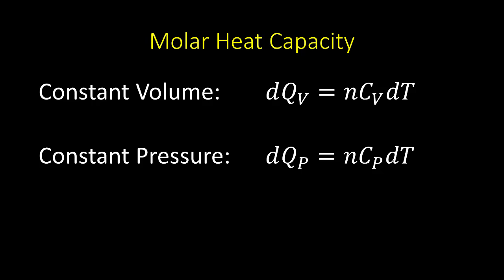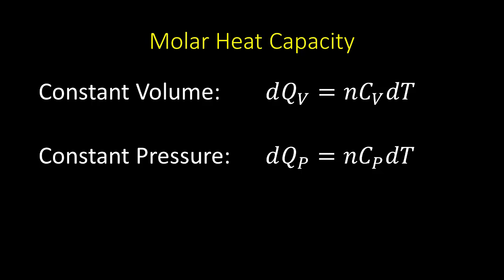Heat capacities of an ideal gas. Recall that there are 2 molar heat capacities for an ideal gas. We will just call it the heat capacity. CV is the heat capacity at constant volume, so dQV equals nCV dT is the heat added at constant volume